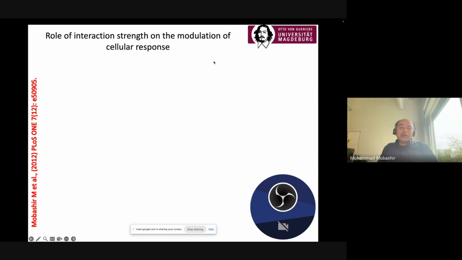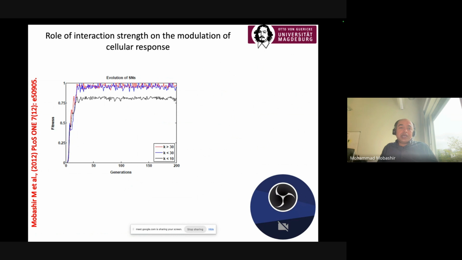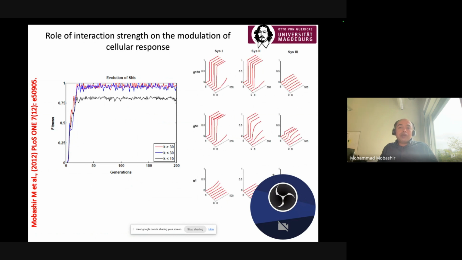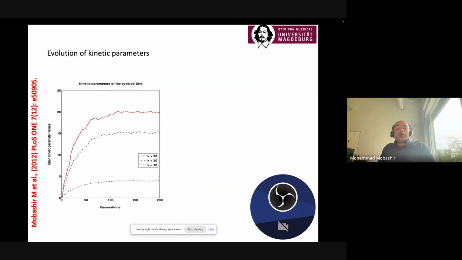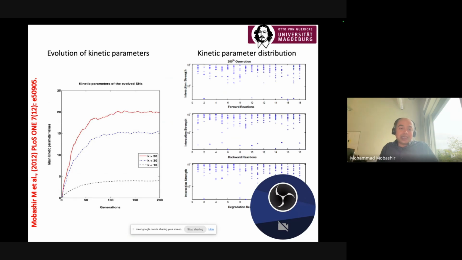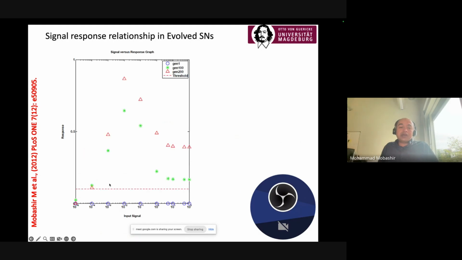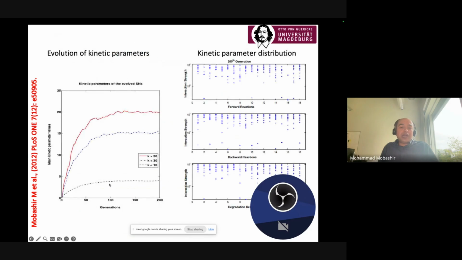Now we are going to check another thing. So this was basically evolution of kinetic parameters, how these kinetic parameters evolved in each generation. So what we are seeing is that mostly the rate of reactions, all the reactions are trying to achieve higher values. That means they are trying to go for maximum values. And here also in the lowest kinetic parameter